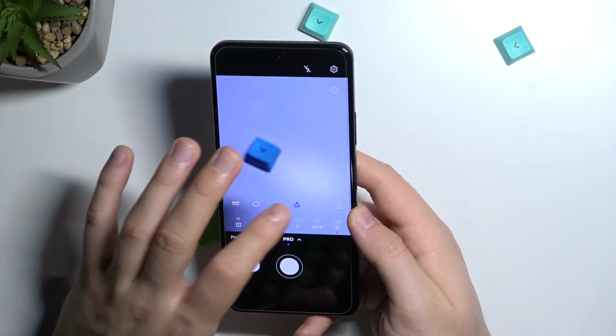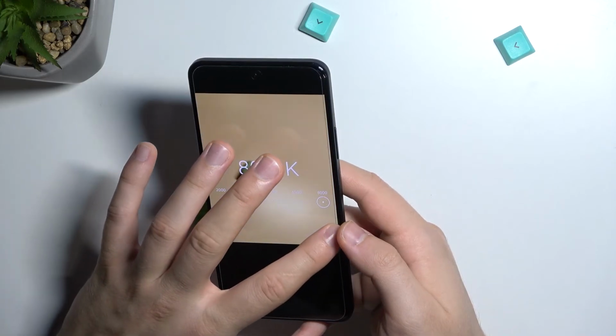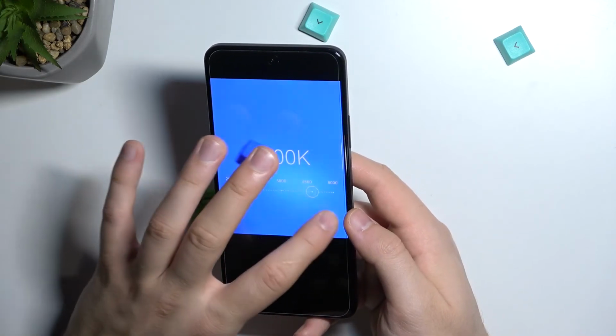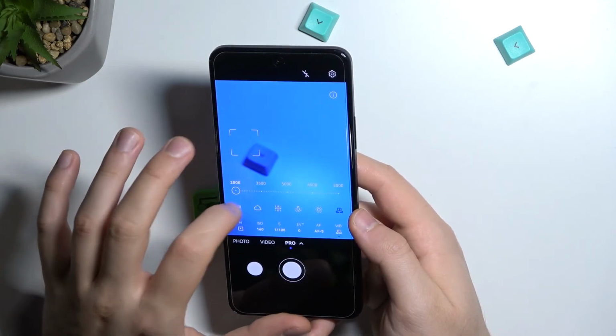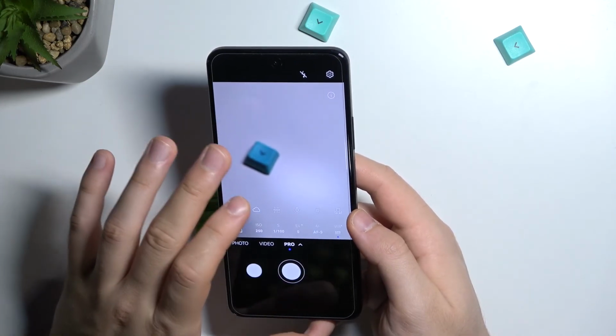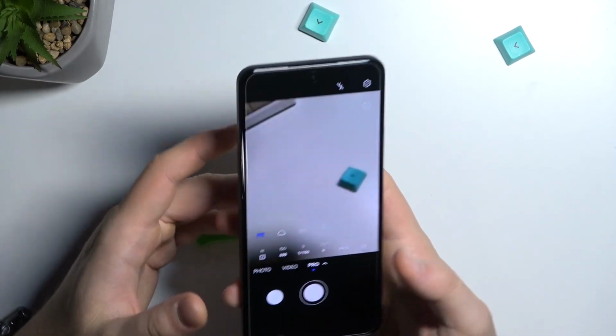We can find right here 4 presets and also this manual slider between 8000 and 2000. We can also set it up automatically. In this place we can enable the flashlight, and that's it for the pro mode on the